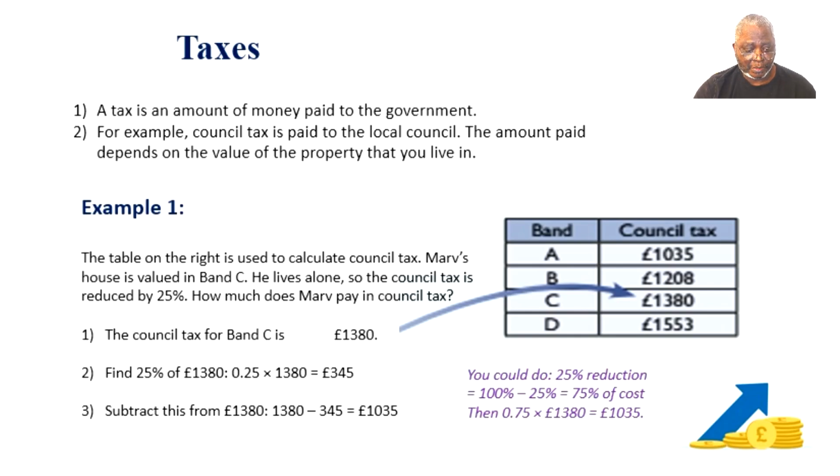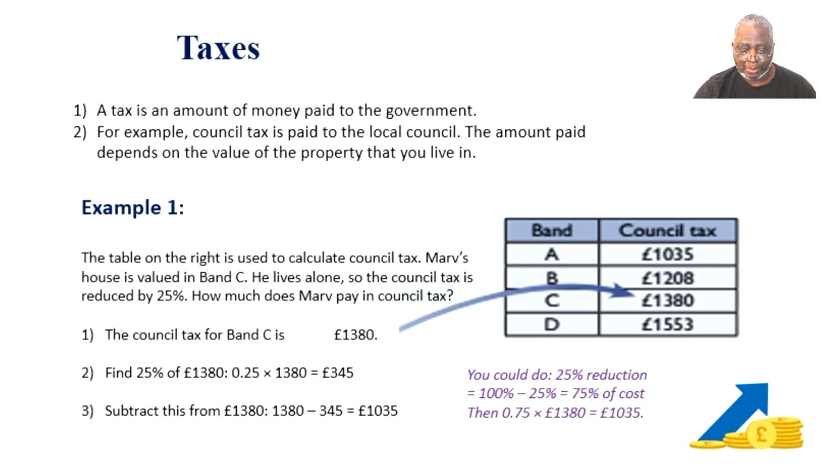So 25% of 1,380 is equal to £345. So you subtract that from the Band C amount, which is £1,380 minus £345, and he has to pay